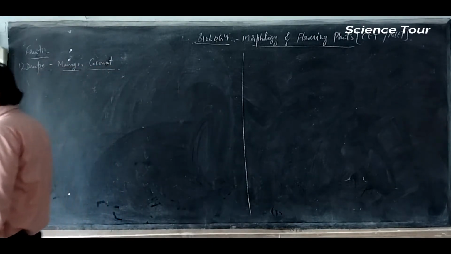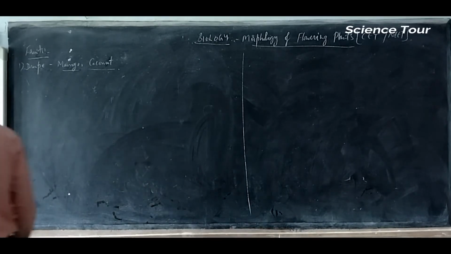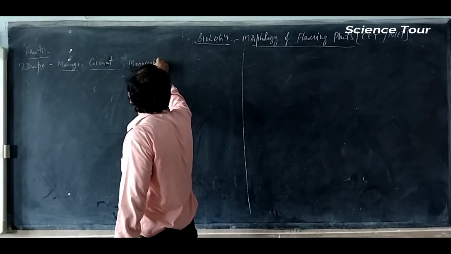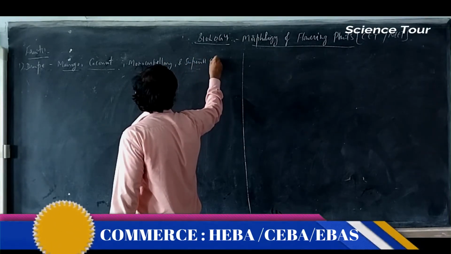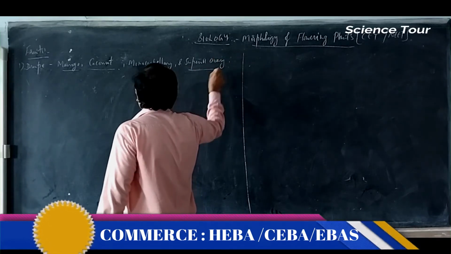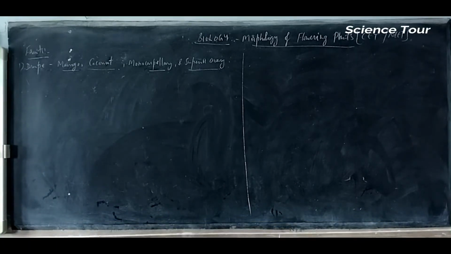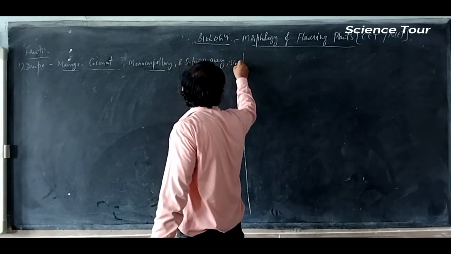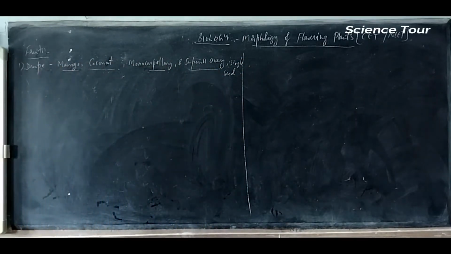So what kind of fruit is it? Drupe means, you have studied in theory, right? They develop from monocarpellary and superior ovary. One carpel, single carpel, so monocarpellary and superior ovary. Flower is hypogynous and one seeded. How many seeds do they have? Only a single seed. In case of mango and coconut, it is called a drupe.